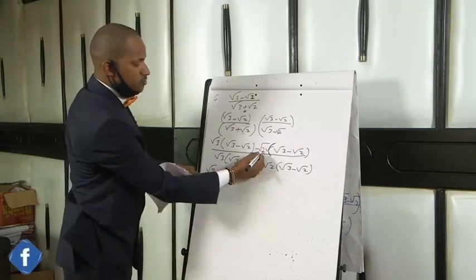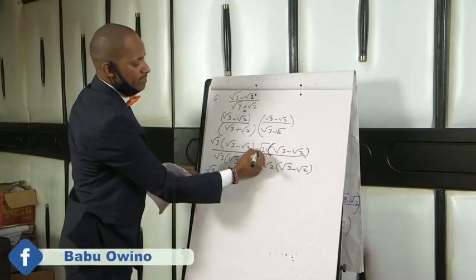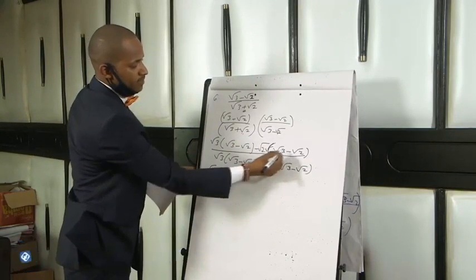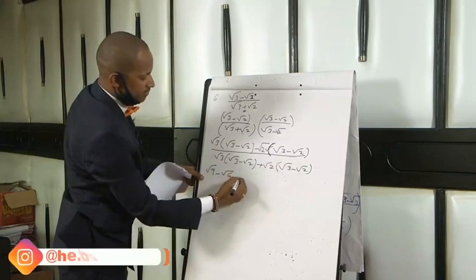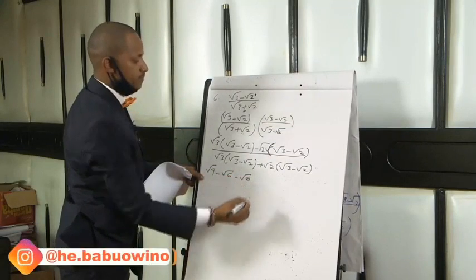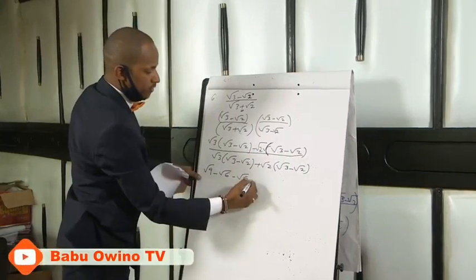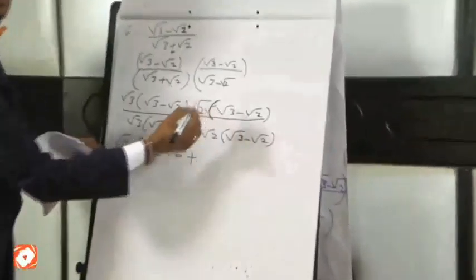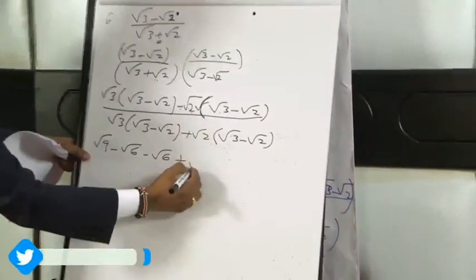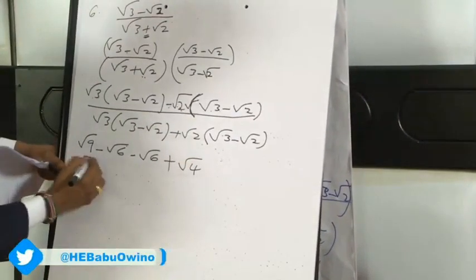Then root 2 times minus root 2 times root 3. Multiply what's in the roots, you get minus root 6. Then minus root 2 times minus root 2, you get plus. Minus times minus is plus. Root 4. Then you divide it by